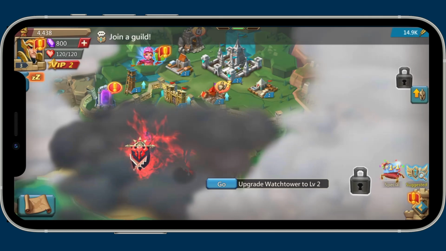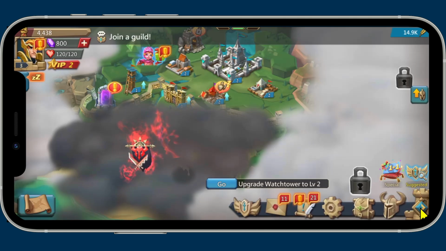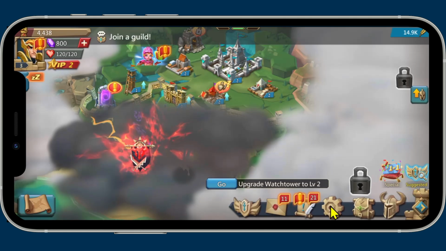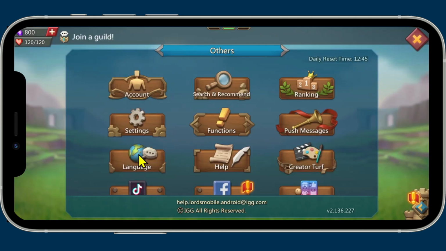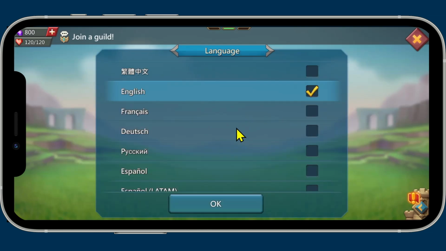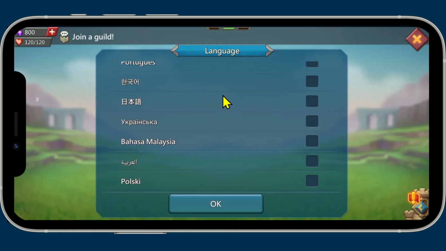After completing the basic tutorial levels, if you wish to change the language within your game, just expand the main menu from the bottom right corner and then tap on the gear icon. Now from this page, you will see the language option underneath settings. Go ahead and tap on it, and now you will see the various different languages that are available for the